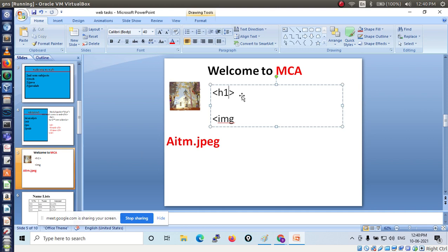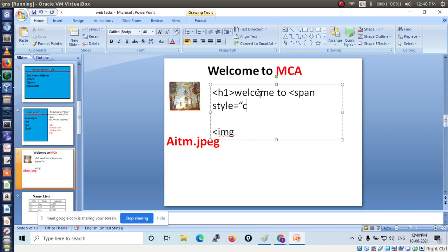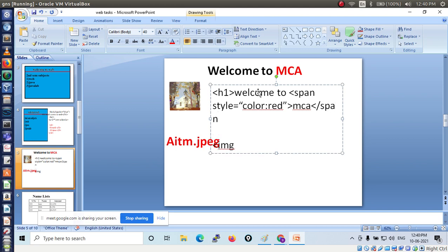So now in H1, here we have to write welcome to, then here we have to use a span tag, followed by style equal to double quotes, color we are applying, that color name is red, then close the double quotes, then complete this angle bracket, then here you have to write MCA, then close the span tag, then close the H1 tag. Like this you have to write.